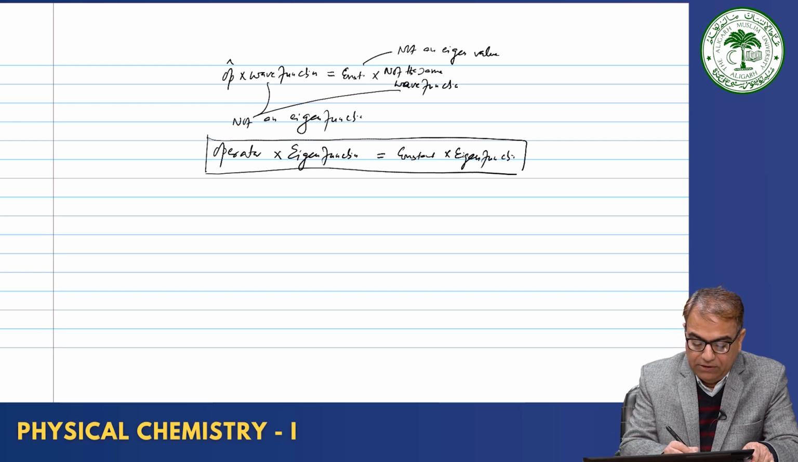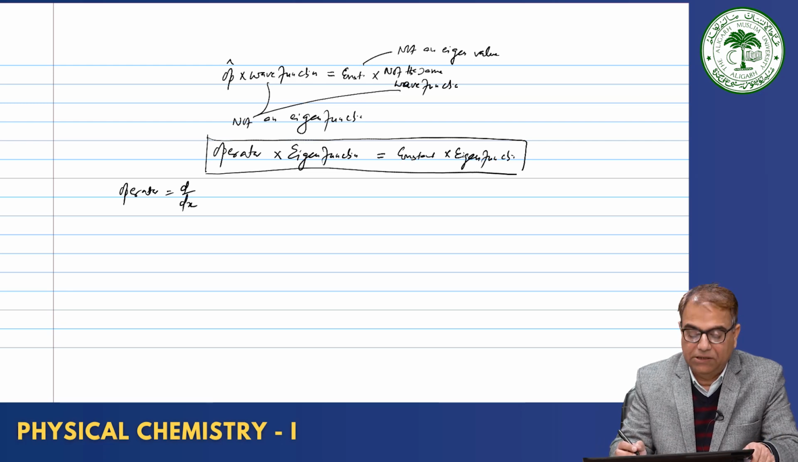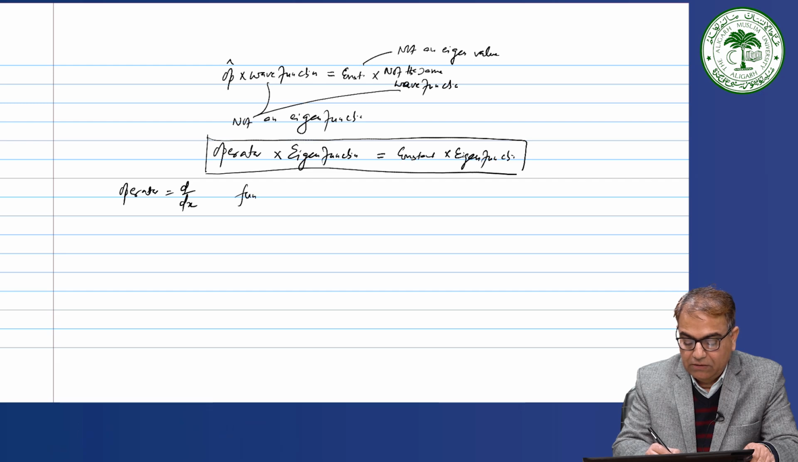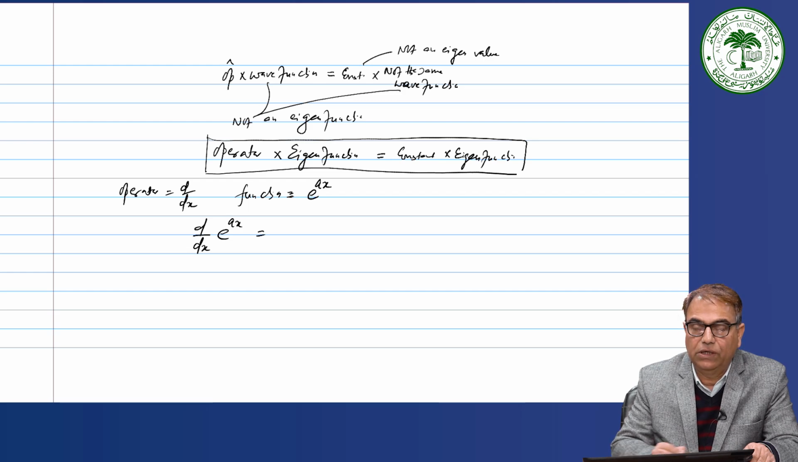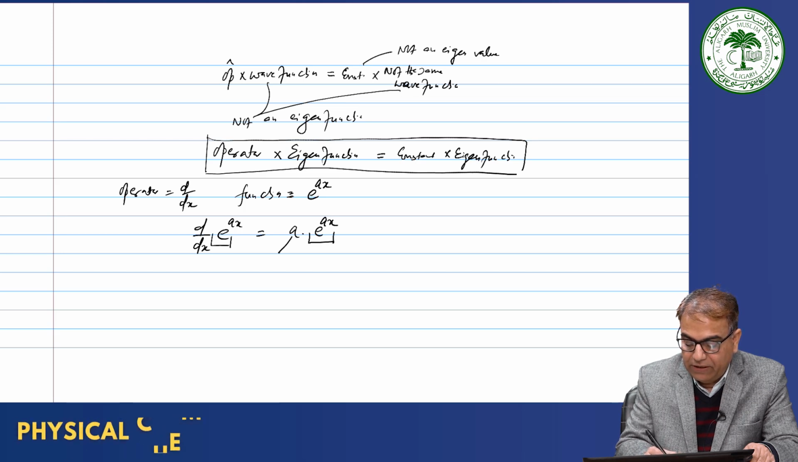Now, for example, say suppose your operator is d dx. Your operator is a mathematical symbol, so it is a differentiation, and your function is exponential a x. So, what will happen? Try to operate it, d dx exponential a x. What do you get? You get a into exponential a x. So, you get the same function back with a constant value,